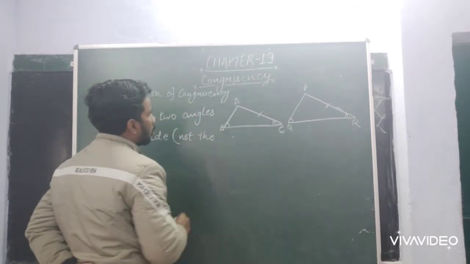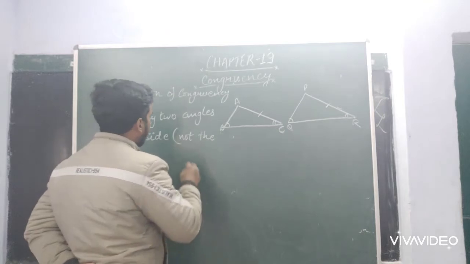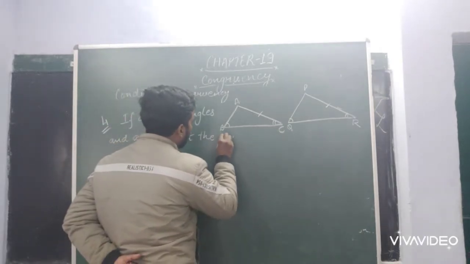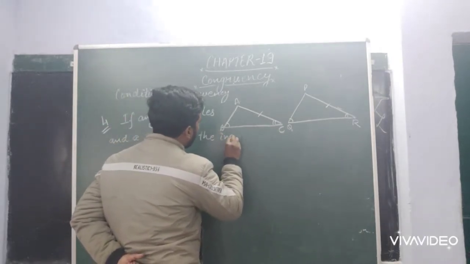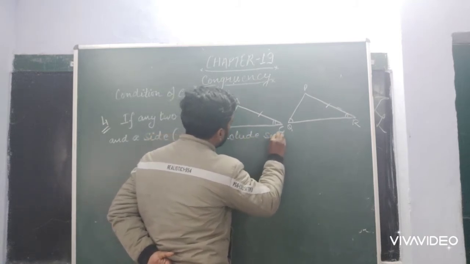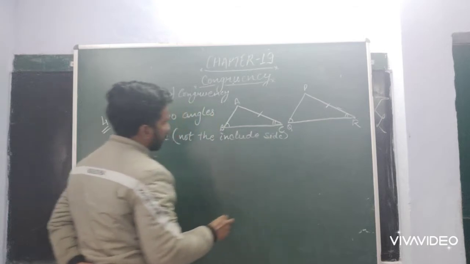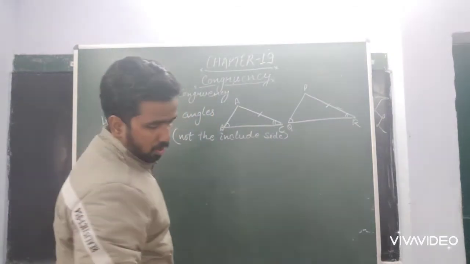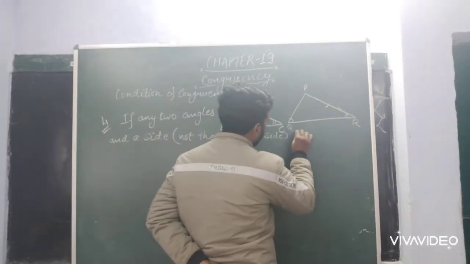The side is not coming in between these two angles. That is called the non-included side. Clear? The non-included side of one triangle